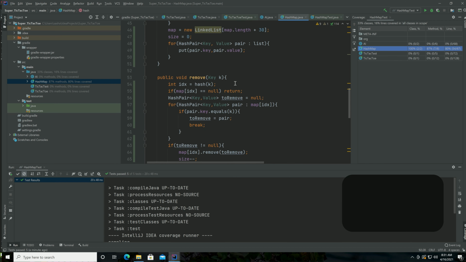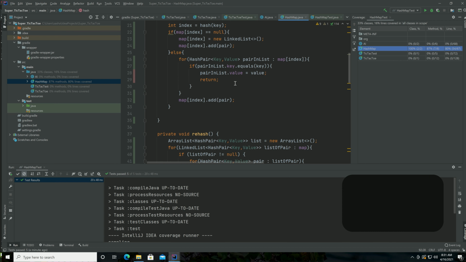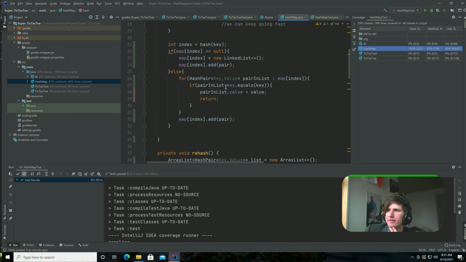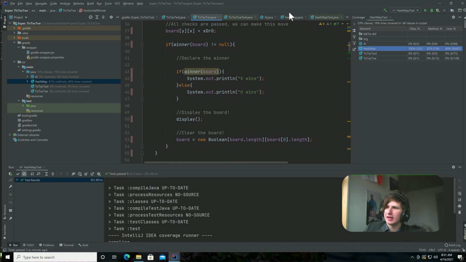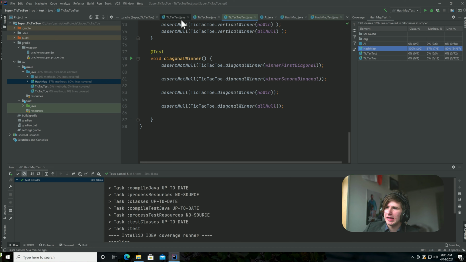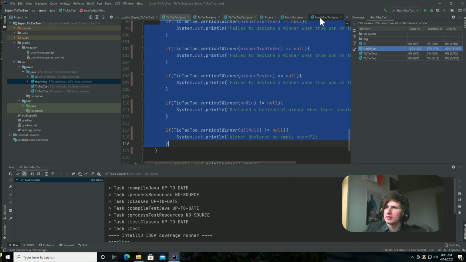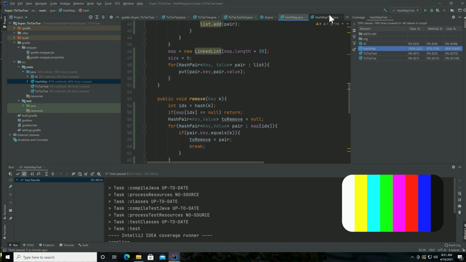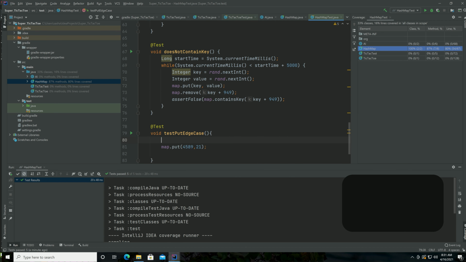Okay, so where is it? Put, it's if there is a list in there. Yeah, okay. We know we can't use the same key because that's going to override it. We have to have a key that hashes to the same but is not the same. So if I go into my hash map here, I can force that to happen in my test by saying map dot,